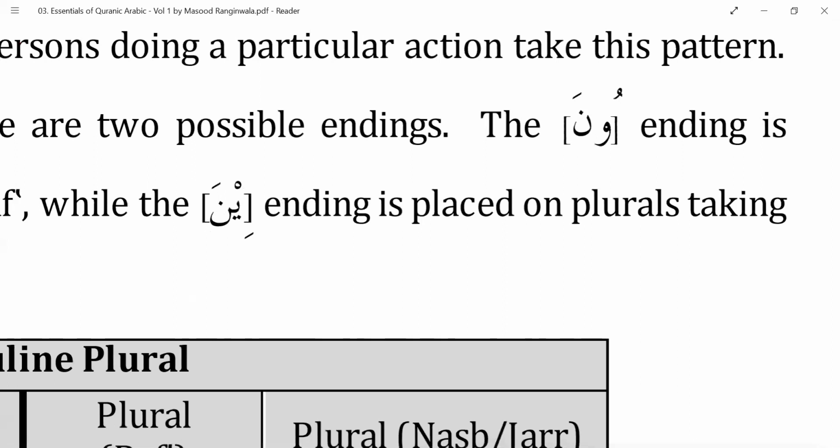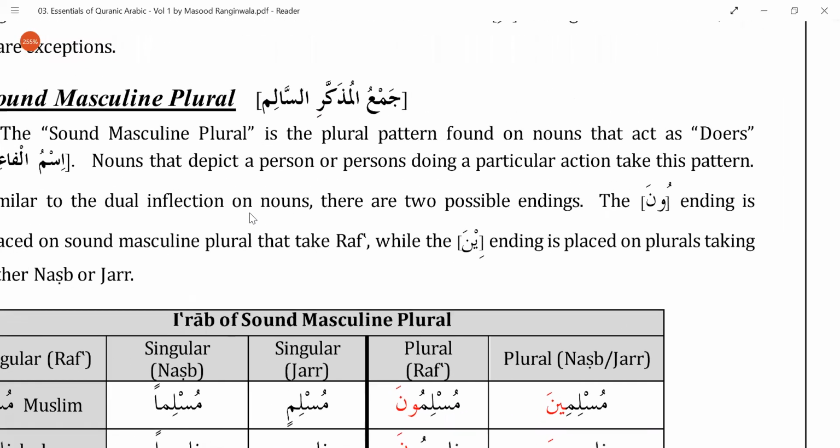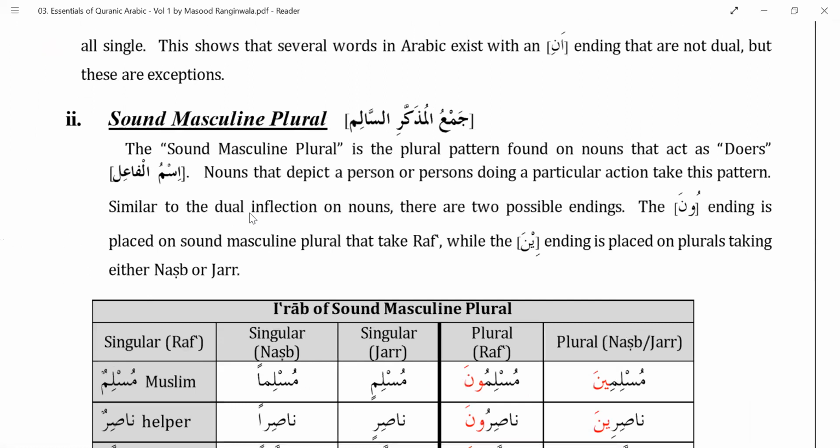For feminine plural, you have different combinations, which is your last two combinations. That will make it 6. Ani, aini, una, ina, and two more are there. Now, when you add these combinations at the end of a word, these are known as plurals. Jam'a means plural. These are for masculine. Masculine, the Arabic word is muzakkar. Jam'ul muzakkar. And these are salim or sound plurals.